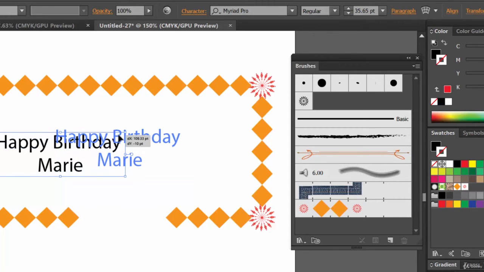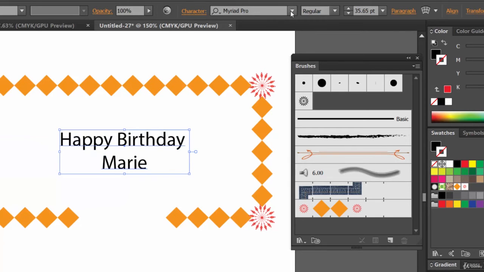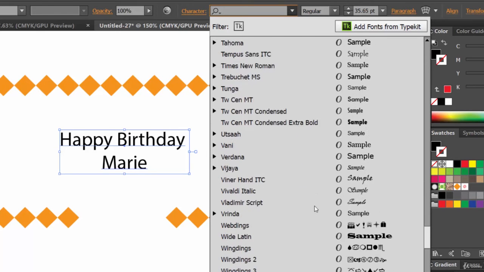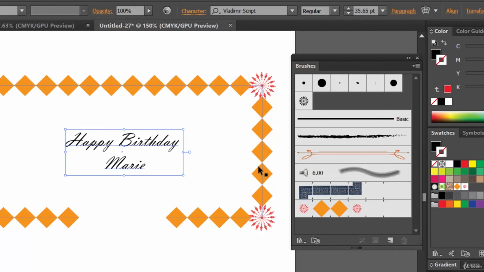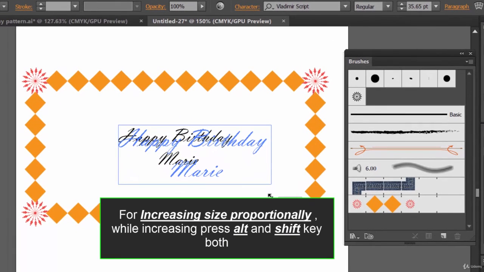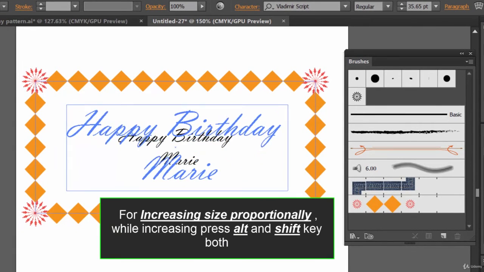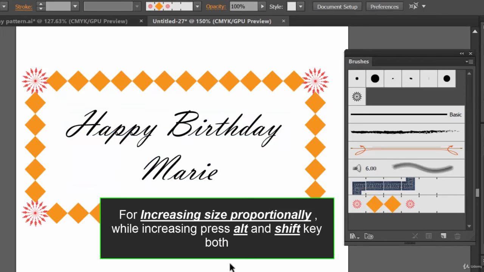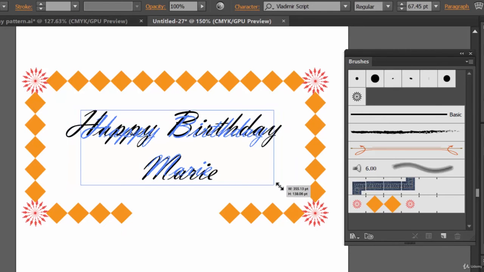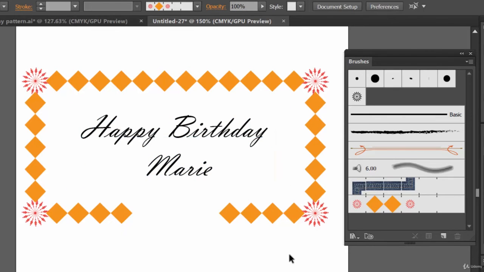Now the text is aligned center, and let's change its font to something else, some script, Vladimir script. Yup. So, how is this looking?